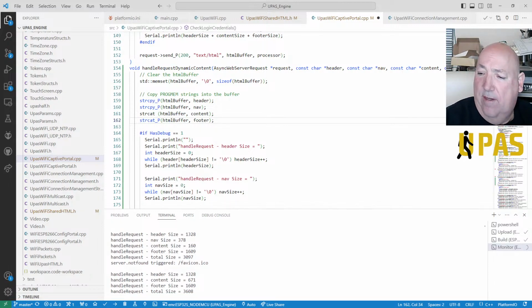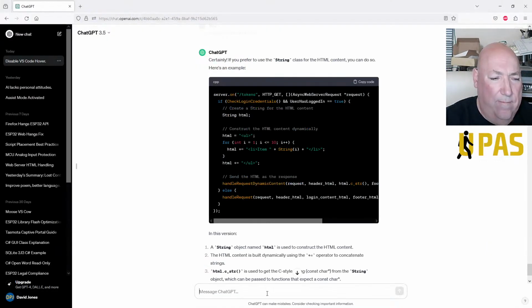Don't know, let's just ask ChatGPT. So it's missing any content between the head and head tags.